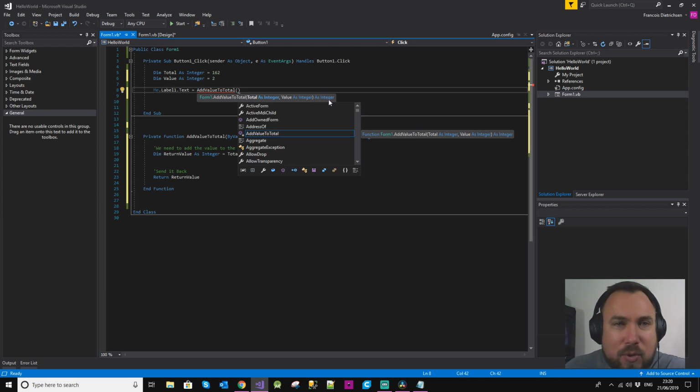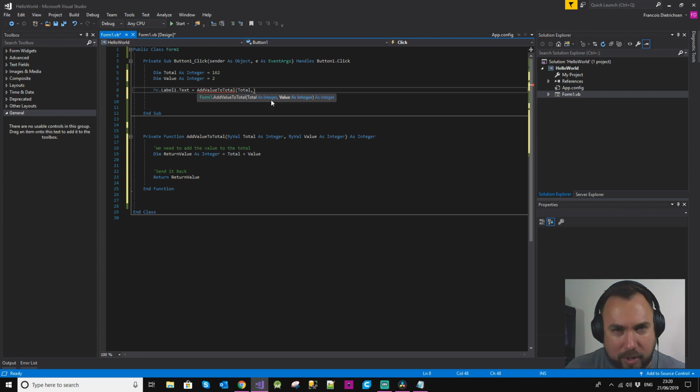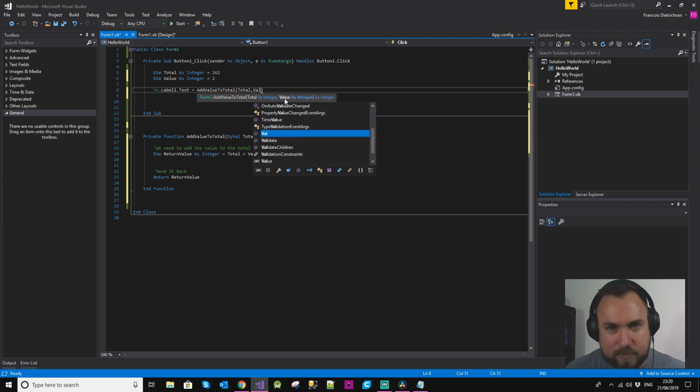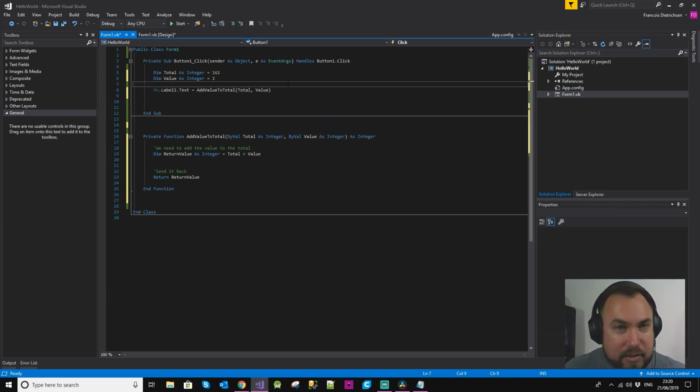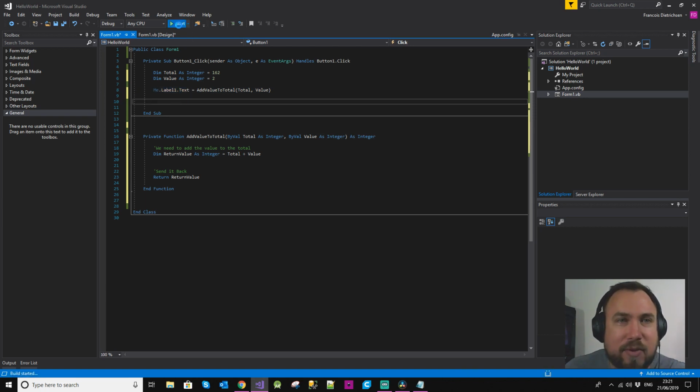Okay, so we need to specify the total first, so that'll be total, comma, and then the value will be our value, and that's it. It's expecting the two parameters, and it brings back an integer, and once it's calculated that value, it will then bring back the value and update our label text. Let's give it a run,